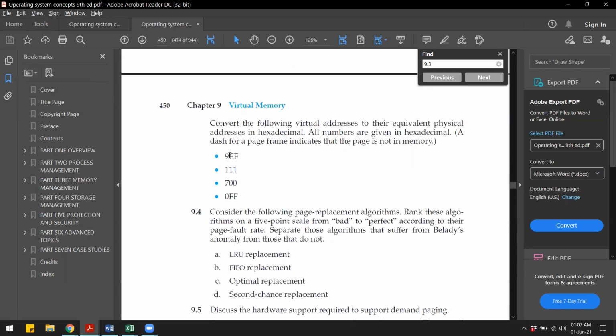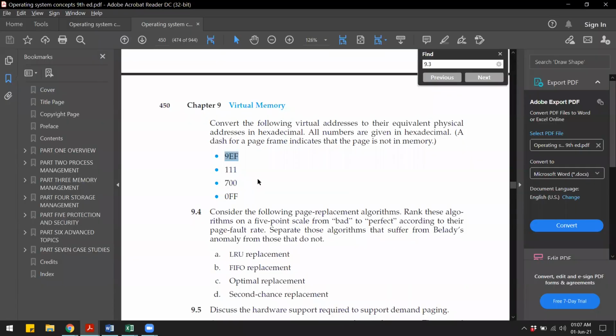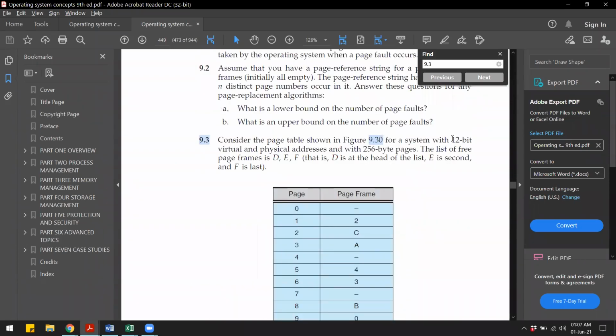So for these virtual addresses, we have to convert them into their equivalent physical addresses. So first one is 9EF. Now we know that a virtual address or a logical address is made up of two parts. The first part is the page number and the second part is the offset. So in this case, the virtual address is made up of 12 bits and the page size is 256 byte.